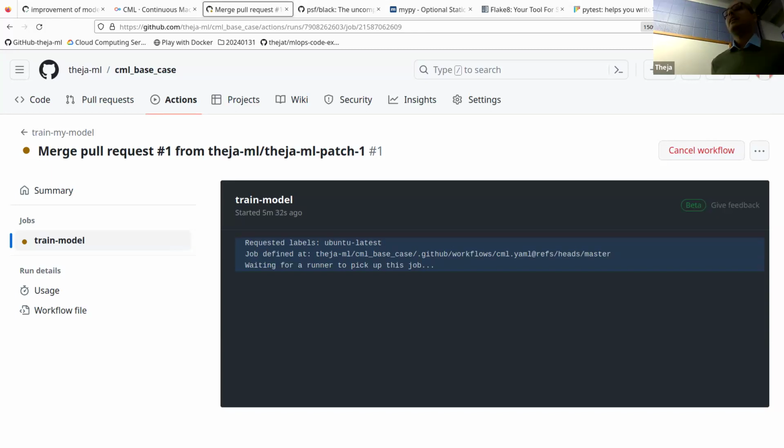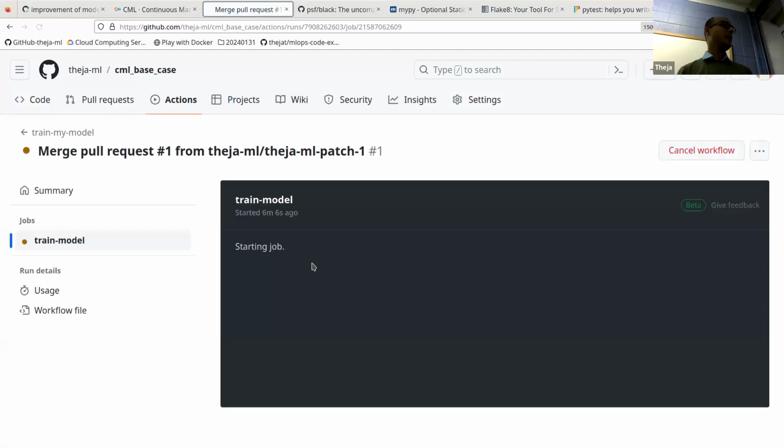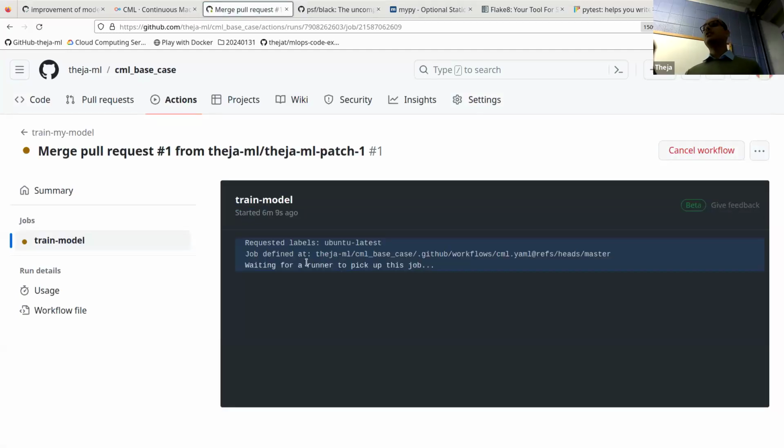Okay, let's wrap up what we discussed over the past hour and a half. The last thing I was discussing right before the break was this CML tool. I was trying to get it running during the break, but it looks like we are using the free resources of GitHub, and they have not yet allocated a virtual machine where it can run the job. You can see that it started 6 minutes ago, and it's not yet done. What we got it to do is get the job started, and once the job finishes, it's going to attach that comment that you see in the CML's webpage.